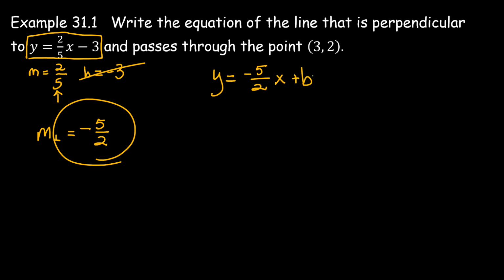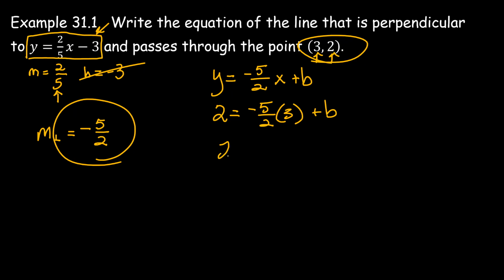Now, every line has this form, y equals mx plus b, where b is the y-intercept. All the information I got from this equation was just the slope. I didn't get the y-intercept from that. So I have to figure out what the y-intercept is, and that's why I need this point. That point is on this line. So that means that if you put in 2 for y and 3 for x in this equation, it will be true. So putting in 2 for y, and I'm putting in 3 for x. B, I still don't know. So I've got 2 is equal to